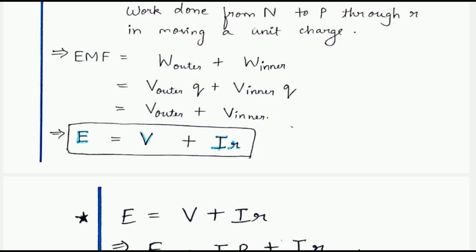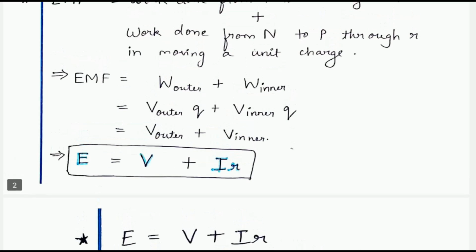Now the electrodes and electrolyte solution are made up of some materials, and as we have discussed, no material is a perfect conductor, that is, no material has zero resistance. So all materials have some resistance, may it be very large or very less. The resistance of the cell, that is the resistance of the electrodes and the electrolyte solution combined, is called internal resistance. It is represented by the symbol small r. Let us try to find a formula for that.